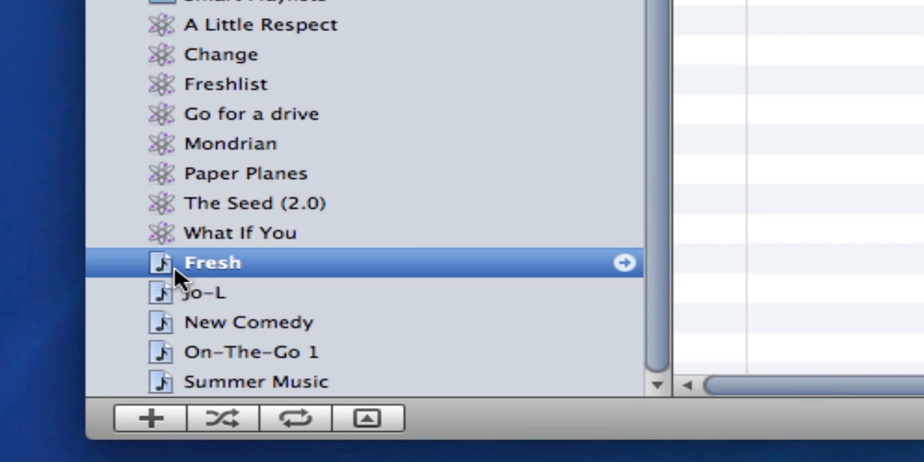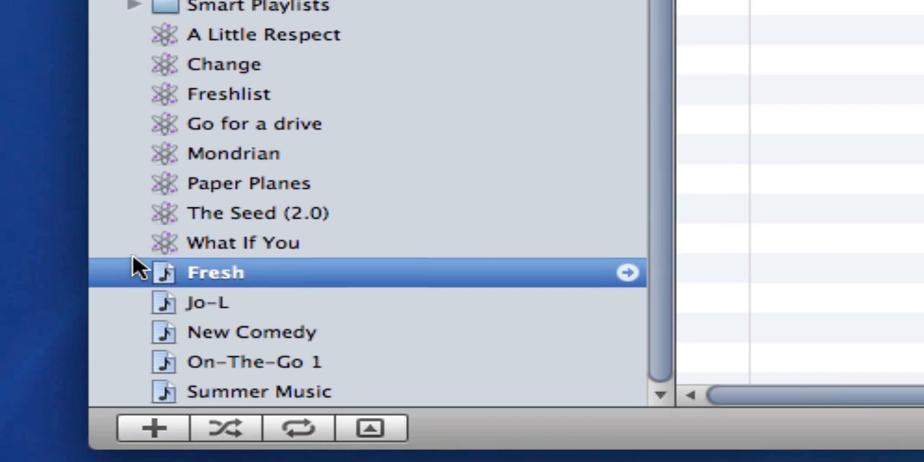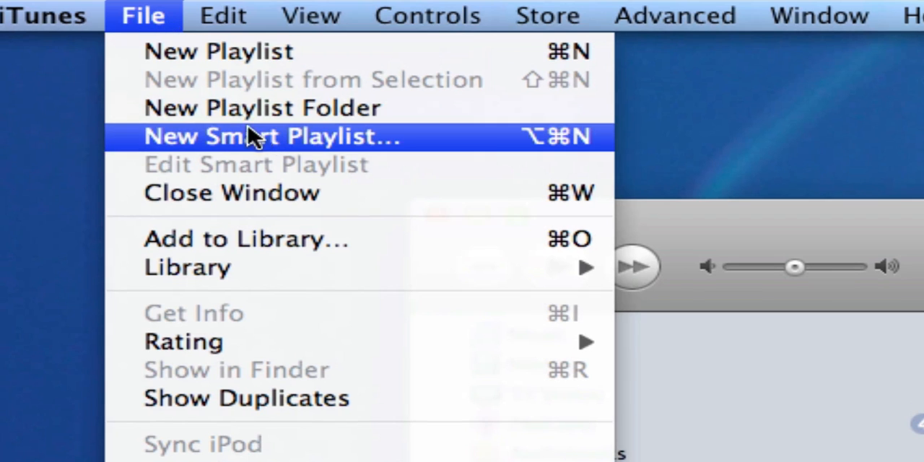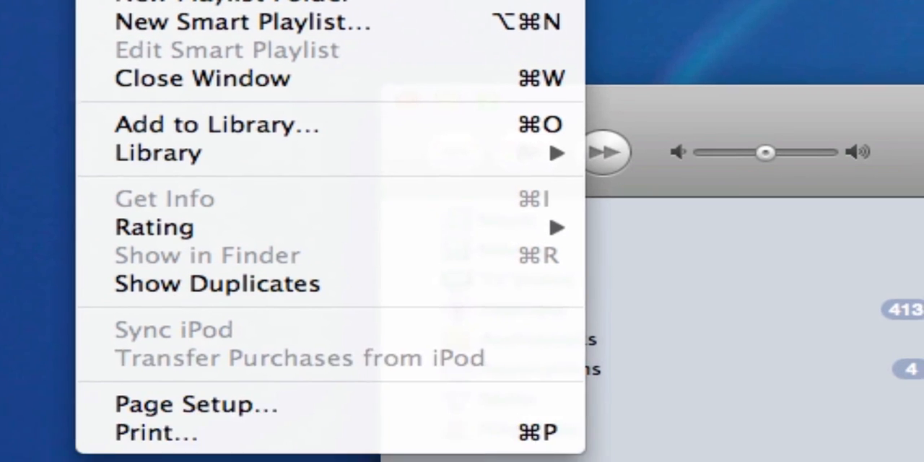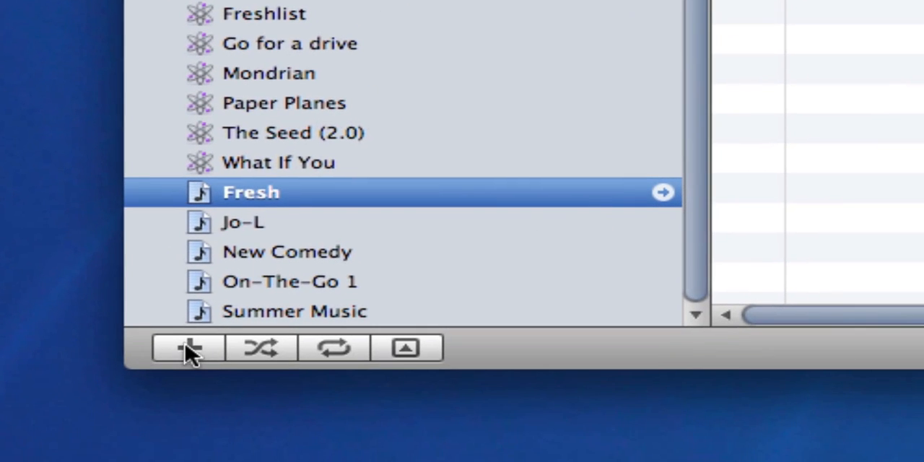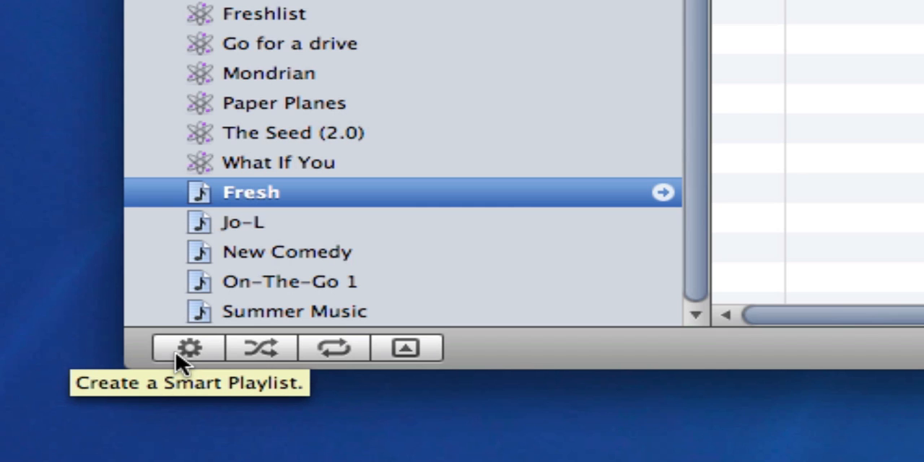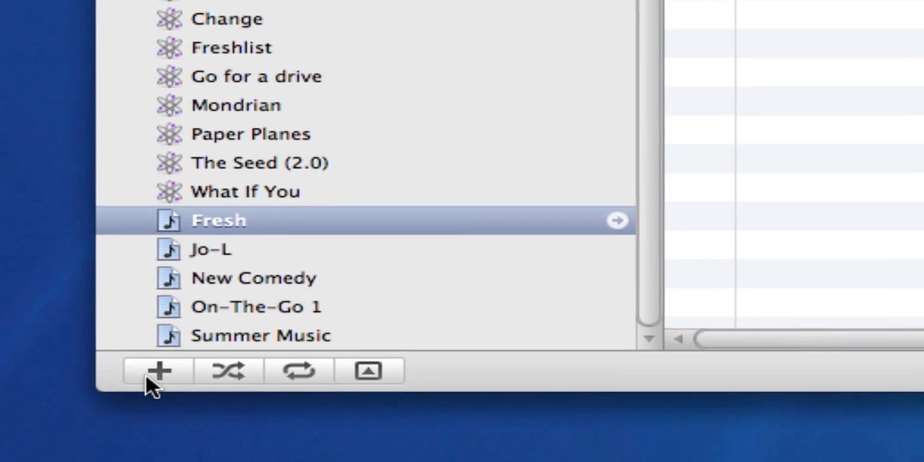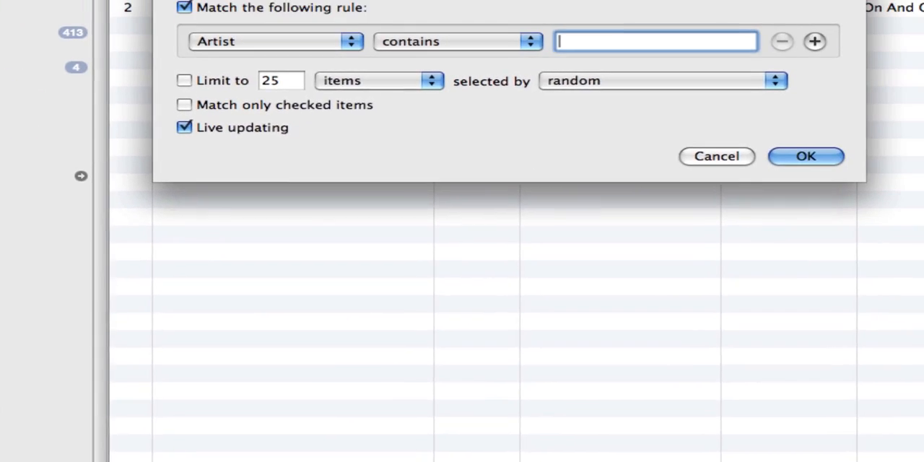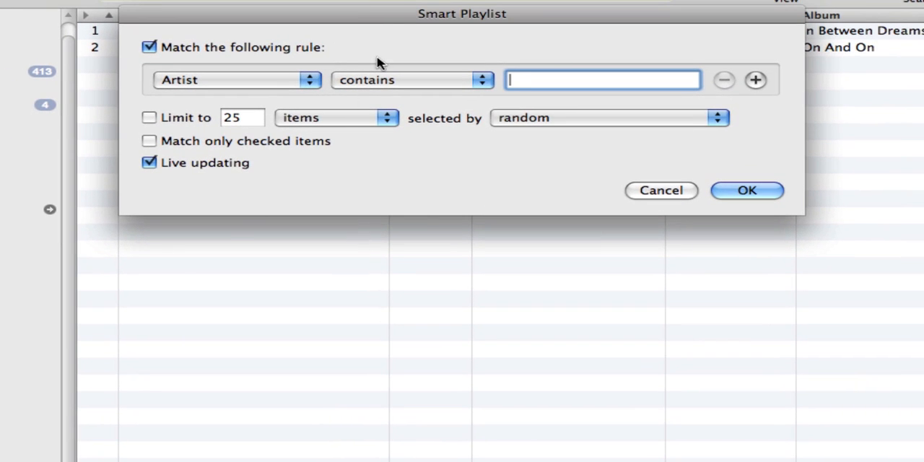Well, we make those by creating a smart playlist, and you can make those by going to your File menu, New Smart Playlist, or using your Command Control N combination, or what I like to do is to hover over your plus sign on the bottom left. Notice it says create a playlist, but if I hold down the option key, it switches to create a smart playlist. So now I'm holding it down. I can just click on it, and instead of a new playlist instantly, I'm presented by the smart playlist menu,